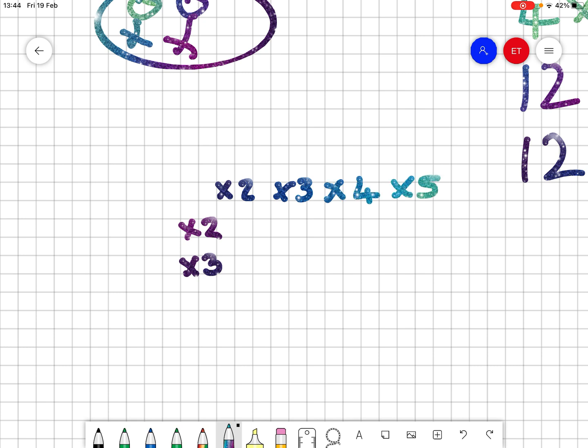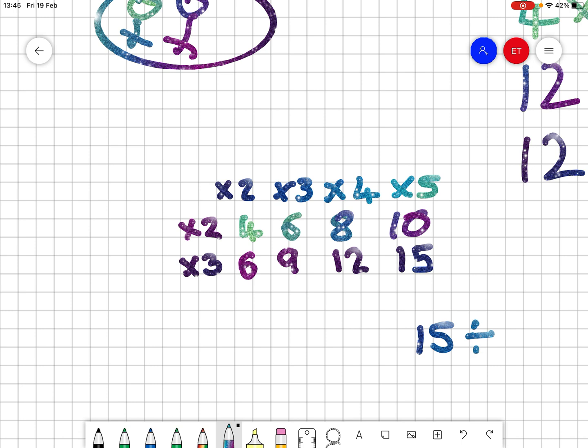Okay, I'm just going to do it up to 5 because otherwise I'll be here all day. So 2 times 2 is 4, then times 3 is... have I missed something? Sorry, times 3, I was thinking I was doing 4 times 2, times 3 is 6, then 8, then 10, okay? Then 3 times 2 is 6, times 3 is 9, times 4 is 12, times 5 is 15, okay? So if I wanted to say, let's say I needed to know the answer to